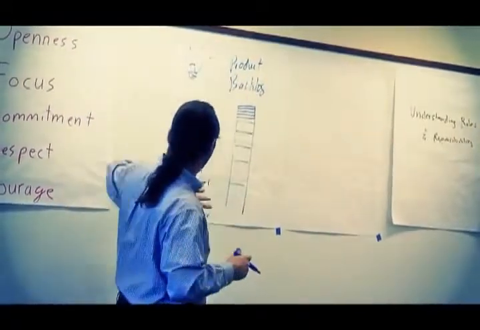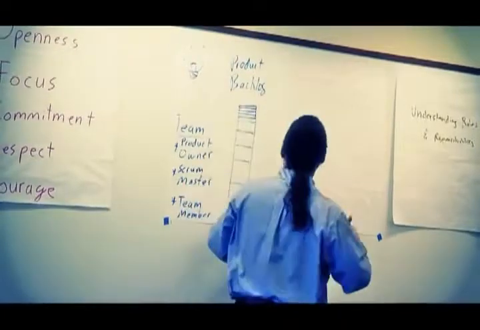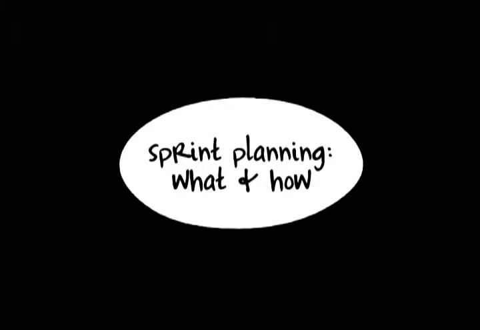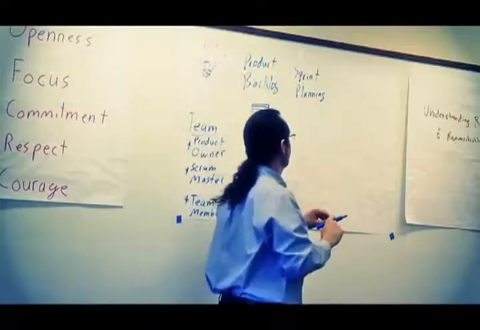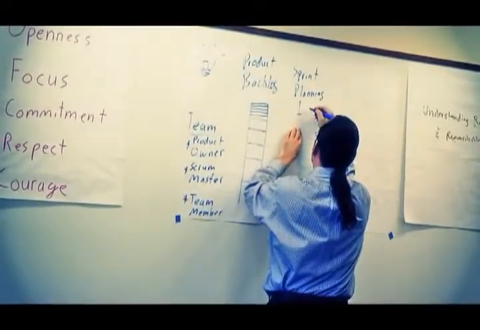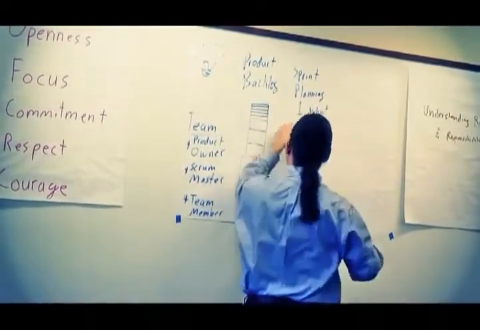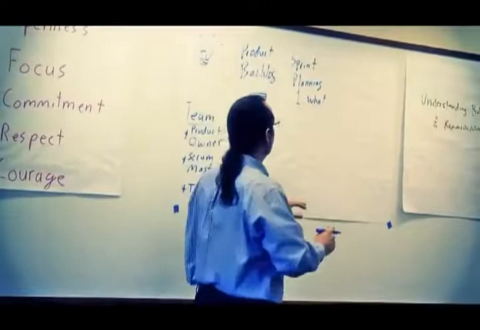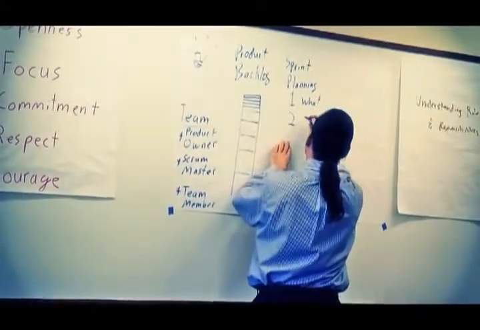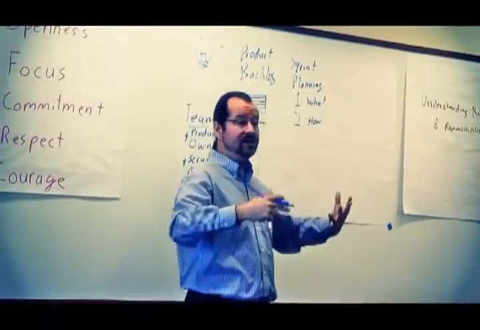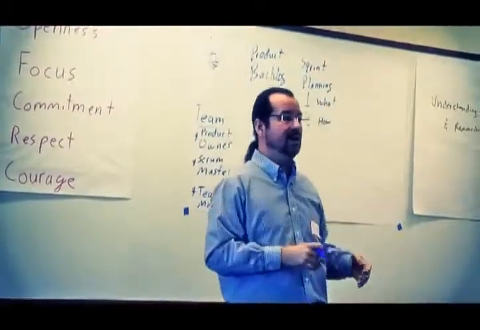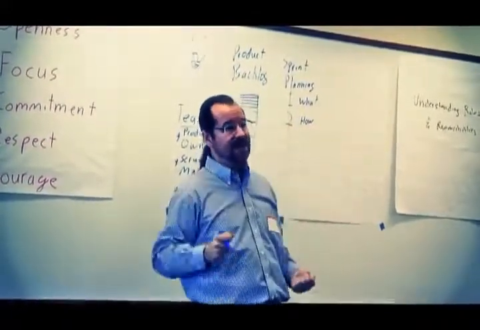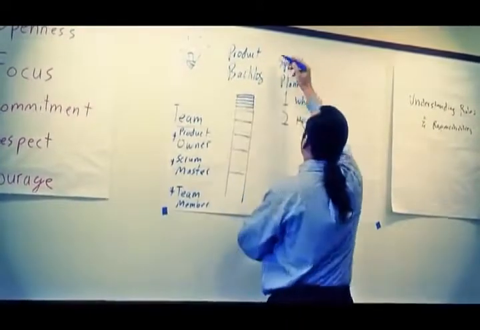So we've got a backlog, we've got a team, we can start doing Scrum. We start out with a meeting called sprint planning. And it's really one meeting in two parts. The first part is all about what, as in what stories from the top of the backlog can the team commit to delivering this sprint. Second part is all about how. How is the team actually going to do the work of delivering those stories? Usually this involves breaking the stories into tasks. Right? That's the team really thinking about what are all the individual tasks we'll have to do in order to deliver the stories that we've mentioned.